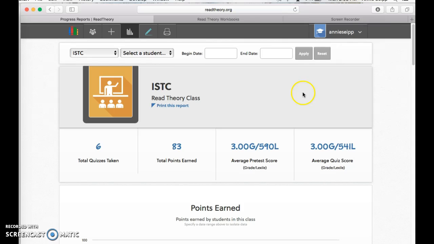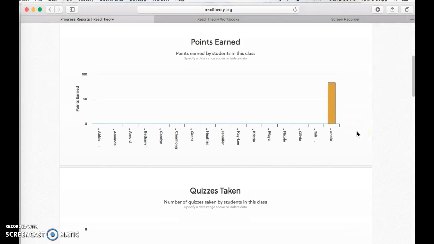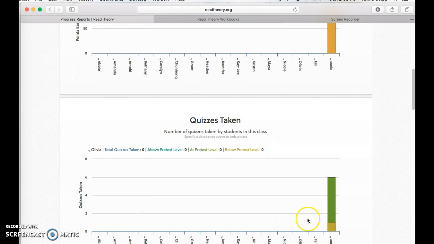It tells me my pre-test scores and my Lexile levels, and then my average score overall. So out of the 6 tests, those are the points I've earned, and then each question was worth a different point value. The harder the question, the more points you'll get. Overall, the quizzes I took,